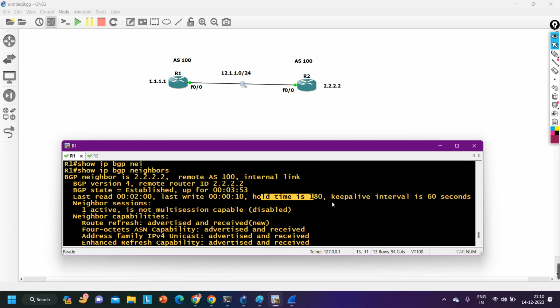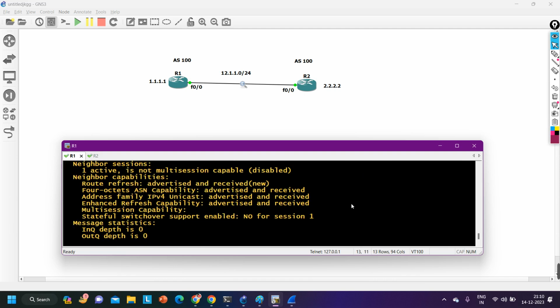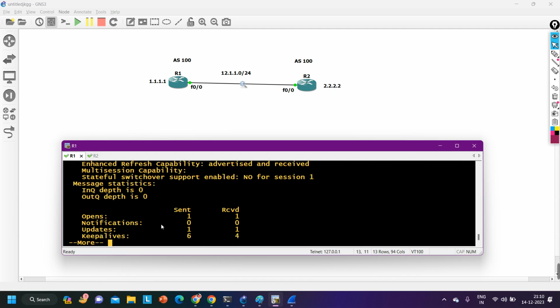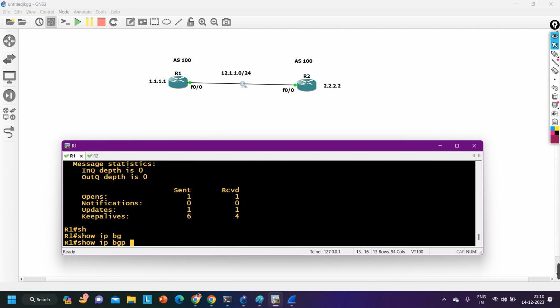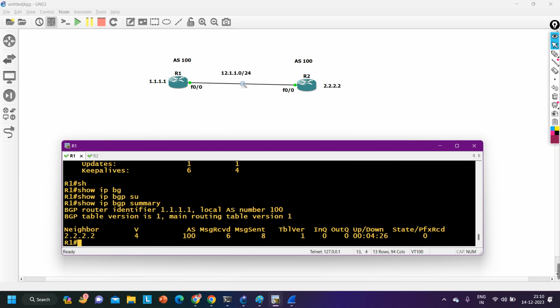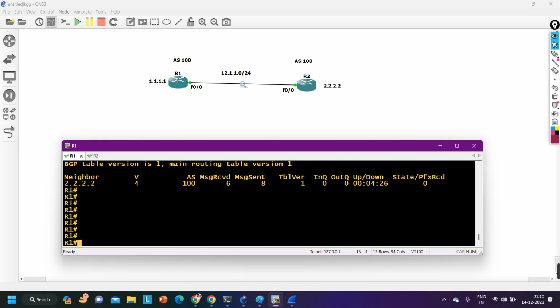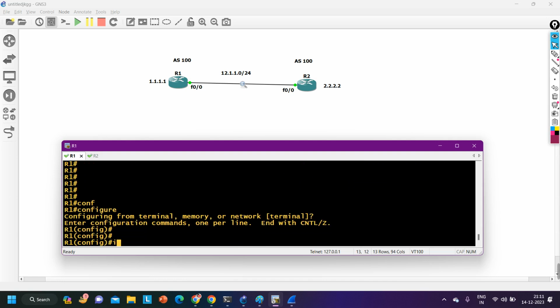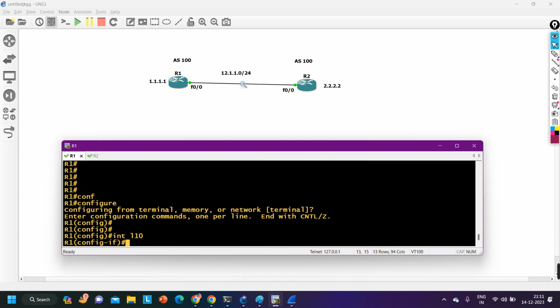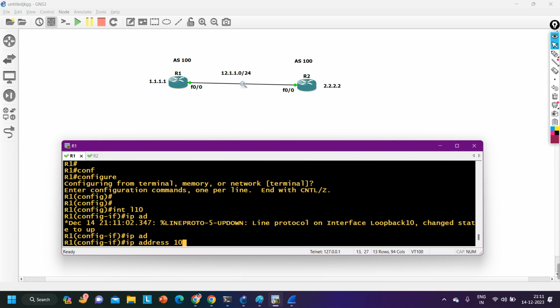Hold on time is 180 seconds. After 180 seconds it will break the neighborship. Let me create one loopback here, loopback 10, and IP address is 10.1.1.1